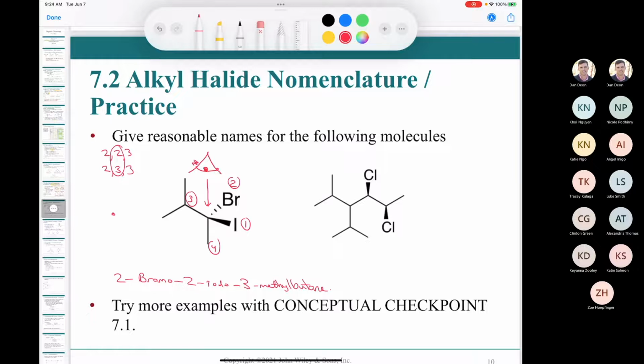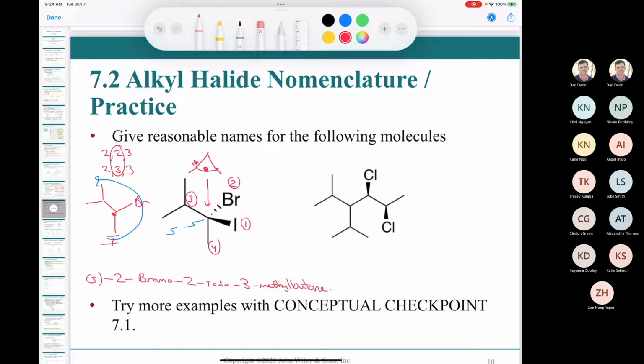What would we see? We would see something that looks like this, where if you're going clockwise, you'd see a bromine, then you'd see an iodine, then you have an isopropyl like this. And so how are you going to be going? You're going to be going 1 to 2 to 3, which is counterclockwise. And so the stereochemical designation would be S. And we'll put that in here, that this is S,